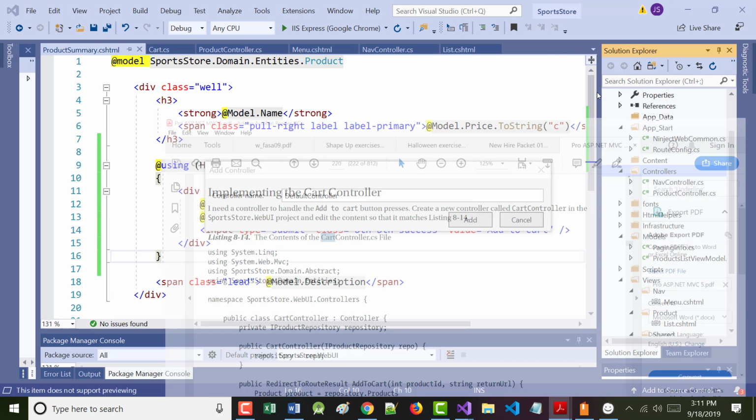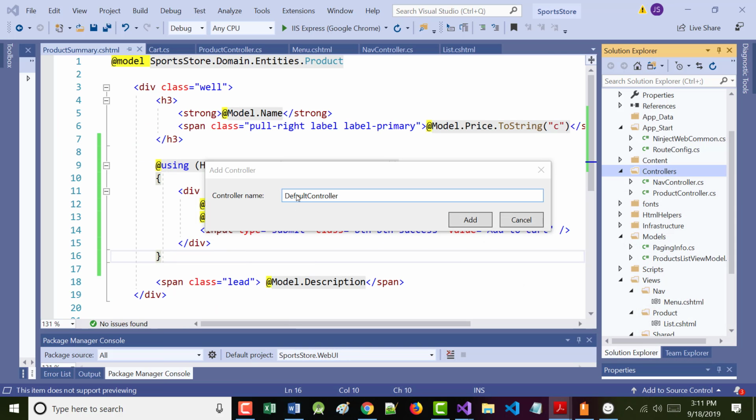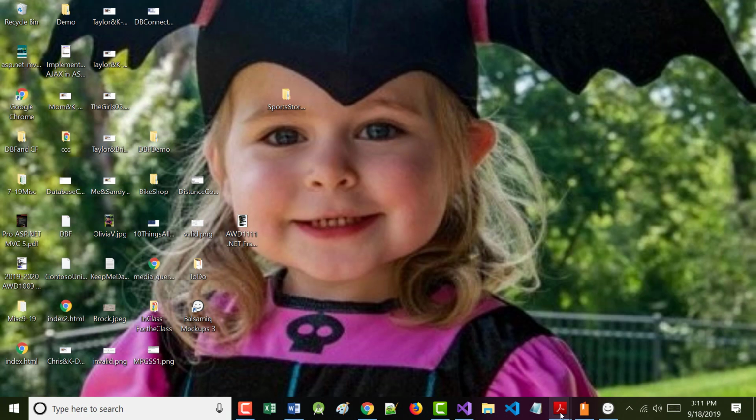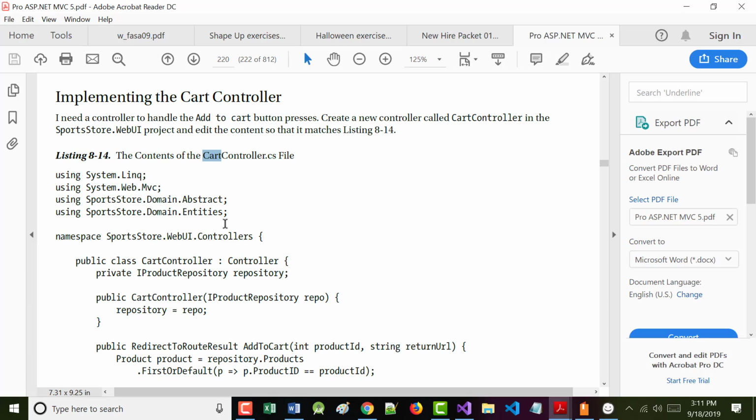Pretty simple. So change it from default controller to CartController. Click add. Then we're going to add the code that's in here on the rest of page 220 and that goes on to the top of page 221.